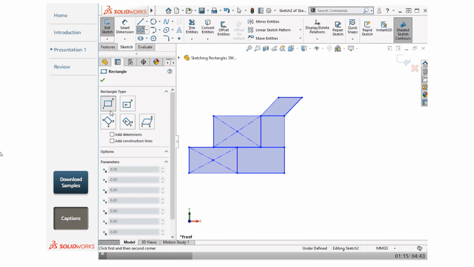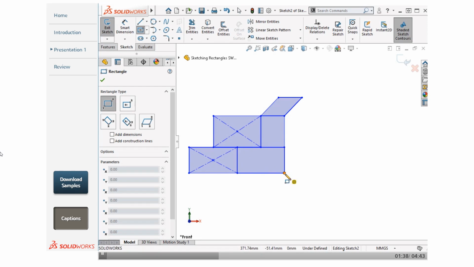The icon for this rectangle has the numbers 1 and 2 shown in opposite corners of the rectangle, which signifies how you place the endpoints and in which order they should be clicked. So for this rectangle, I can click the beginning point in any corner, and then the other endpoint will end diagonally from the first endpoint. I'll choose the corner rectangle to recreate this rectangle in the lower right corner of the